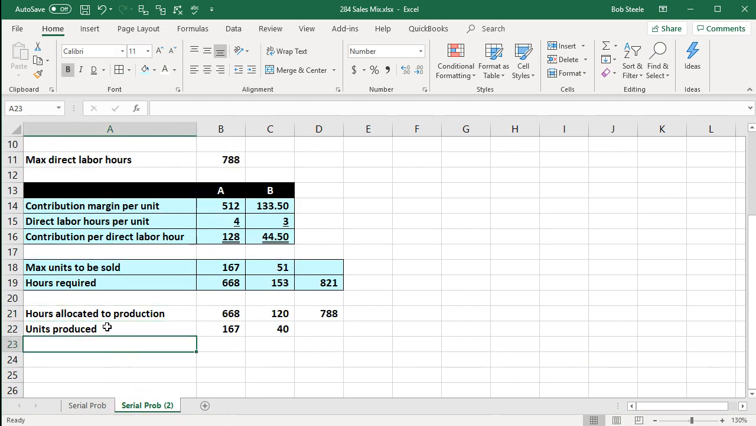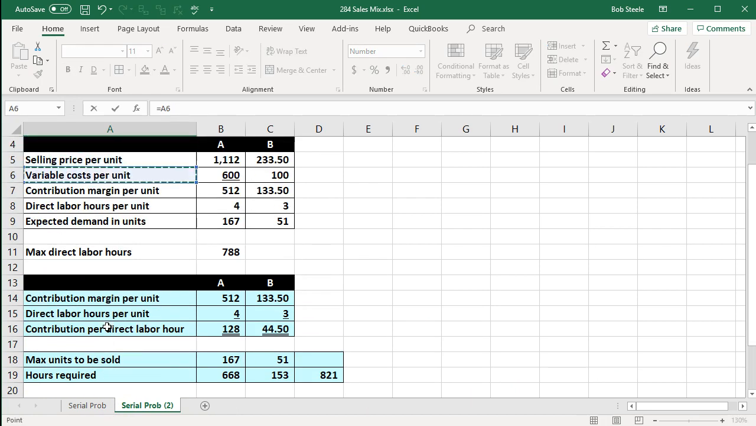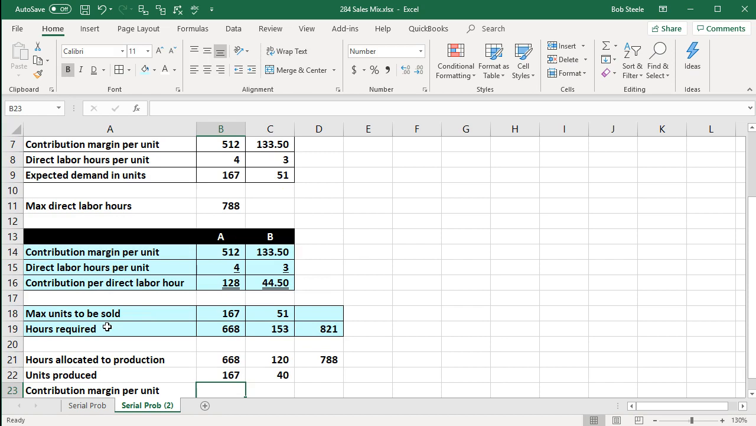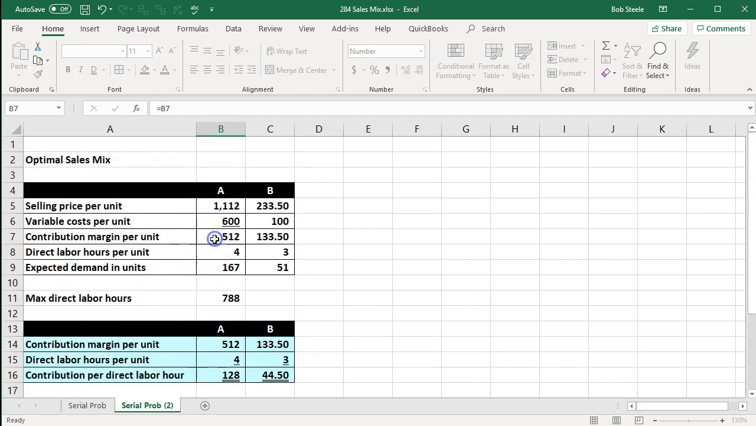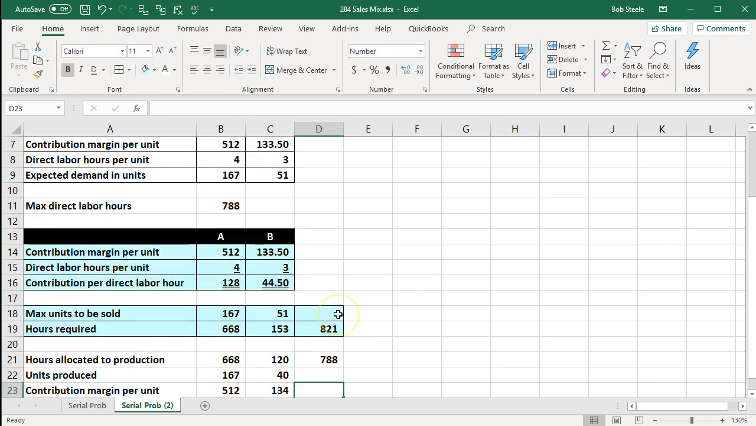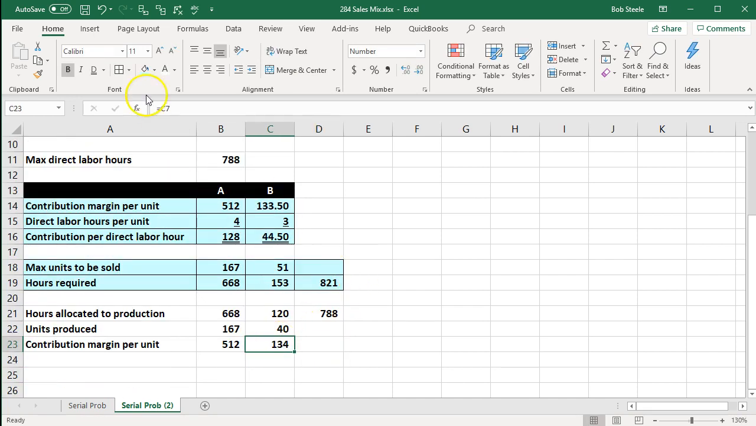The contribution margin per unit that we're going to gain here is equal to the 512 and equal to the 133.50. I'm going to add the decimals here, home tab, numbers, increase decimals, and we'll underline this item. Say, go ahead and underline that, and that'll give us our total contribution margin,